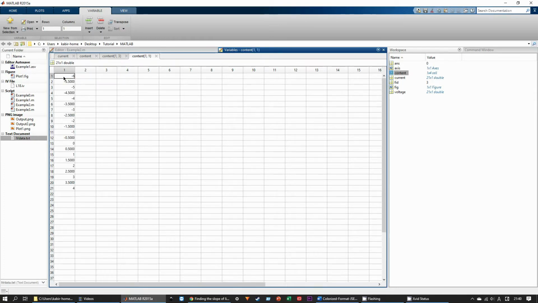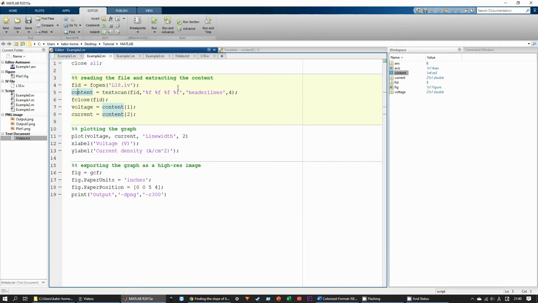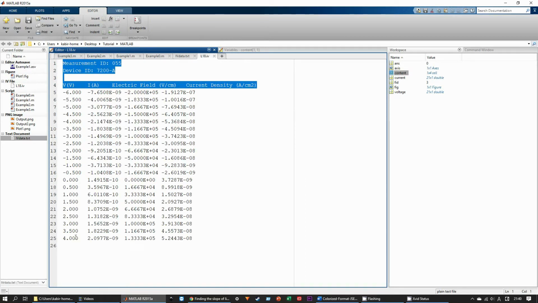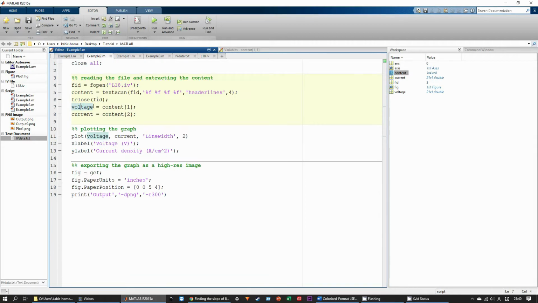Content 1 over here has 1 value. So if I want to get the voltage values from this column, then I have to write down content 1. So this content 1 is not actually one value, it is a whole set of values, a whole column vector